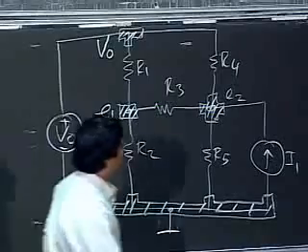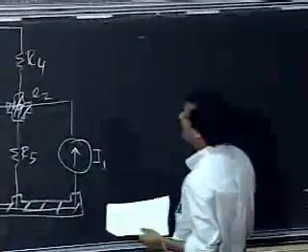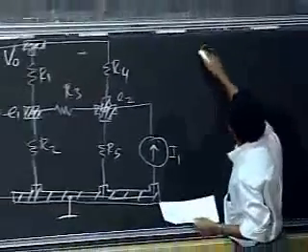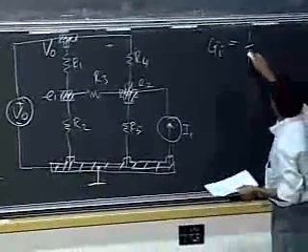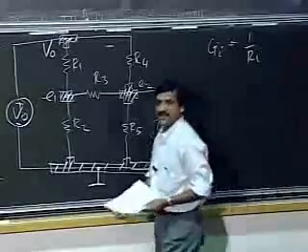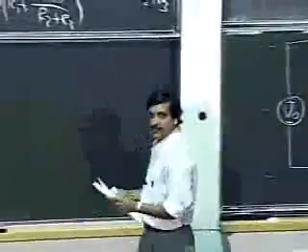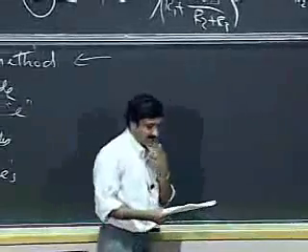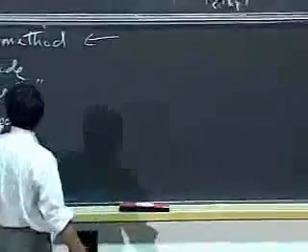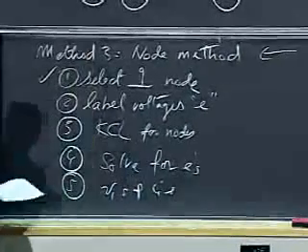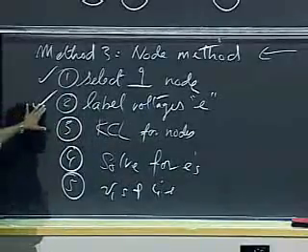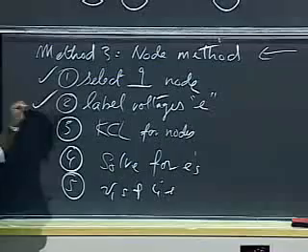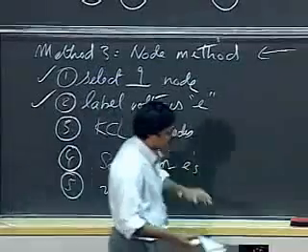What I will also do is, for convenience, I am going to use conductances. So I'm going to use Gi in place of 1 by Ri and write down a bunch of node equations. Okay, so step 1, I've chosen my ground node. Step 2, I've labeled my node voltages E. Okay, I've done 2 of my steps.